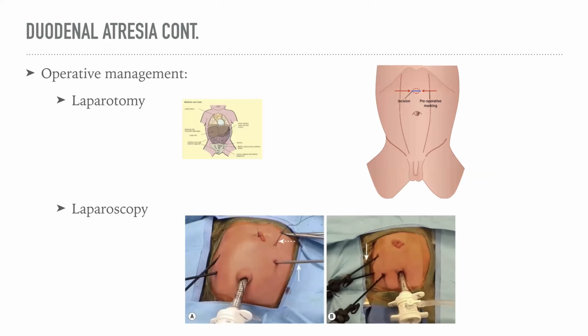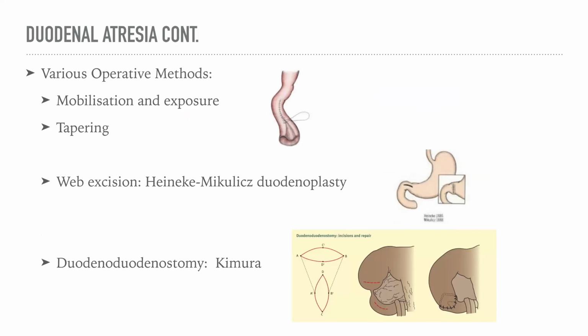When looking at the operative management options, we can either do it via an open procedure and do a laparotomy by utilizing a supraumbilical, transverse incision at least, or it can be done laparoscopically, and the following methods are amenable by both approaches. One needs to adequately mobilize and expose the duodenum so that you can see the extent of